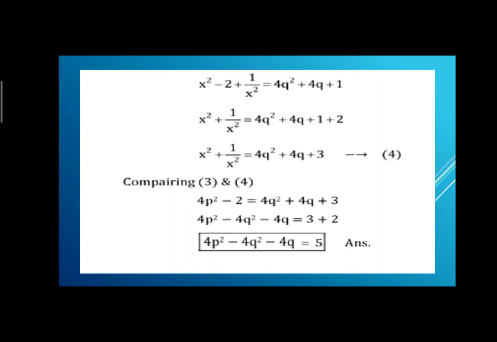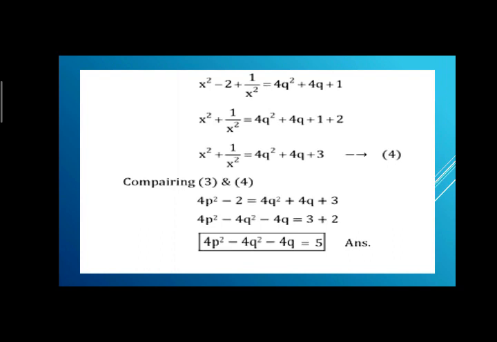Okay students, hopefully you all understand all these three methods. In the first method, that is the substitution method, you find the value of the variable you have to eliminate in any of the equations and then put that answer in equation number 1 to eliminate the variable t, a, or any other variable that you have to eliminate. In the comparison method, you find the value of the variable you have to eliminate in both equation number 1 and 2, and then just compare both equations for further simplification.